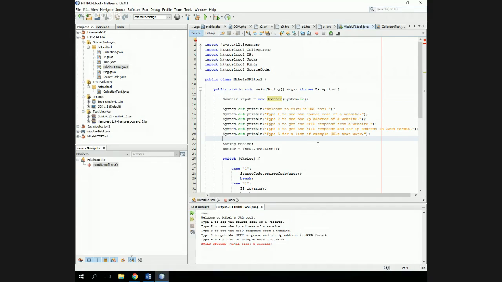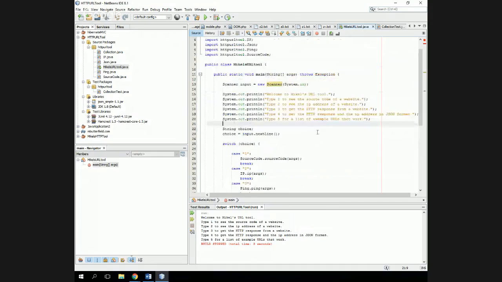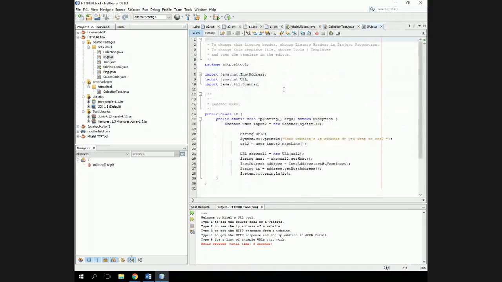So I have a main class that can select some other classes, or the user can select some other classes. And so IP uses HTTP URL connection. It has a string that the user inputs, and basically it gets the IP address of a website that the user wants to see. It does this by using getHostAddress and InetAddress.getByName,